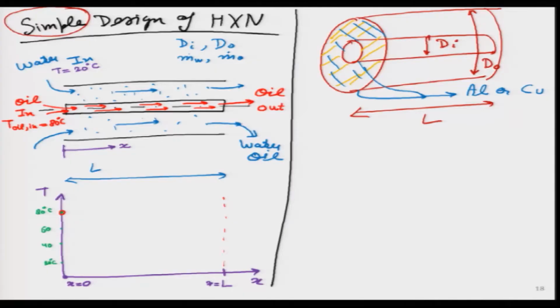Because it is flowing inside the inner pipe, whose surface is being cooled by the water which is flowing outside that pipe, because water is flowing in the annular region, some sort of heat transfer is going to take place. Can I show it with the green arrow in this particular slide? So, the heat transfer is taking place in this direction. Oil is continuously losing heat to the copper pipe without knowing what is on the outside, and copper pipe knows on both sides that on one side of me there is cold water which is flowing, on the other side of me hot oil is flowing.